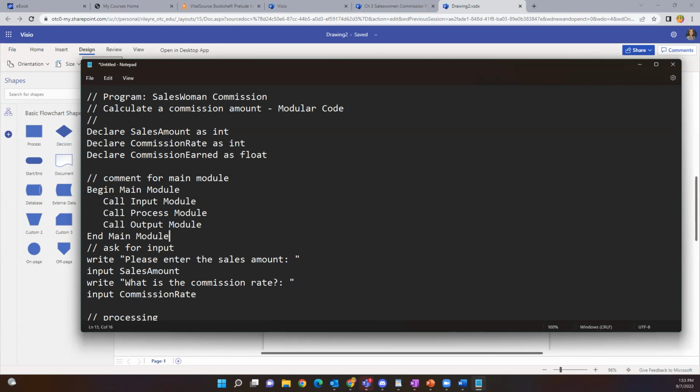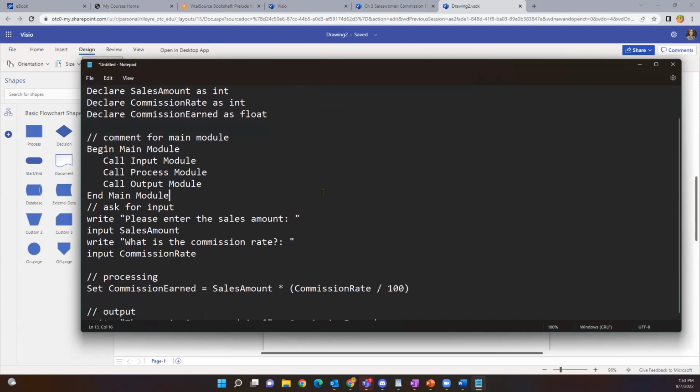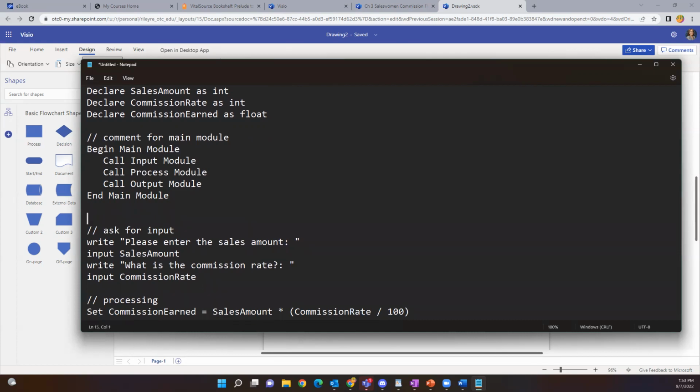I don't know if they do that in our textbook, but it's very helpful. Notice how declaring the beginning and ending of our module is helpful, and indenting the lines of code within the module is also helpful. Okay, so this next thing then will be our input module, and that will end